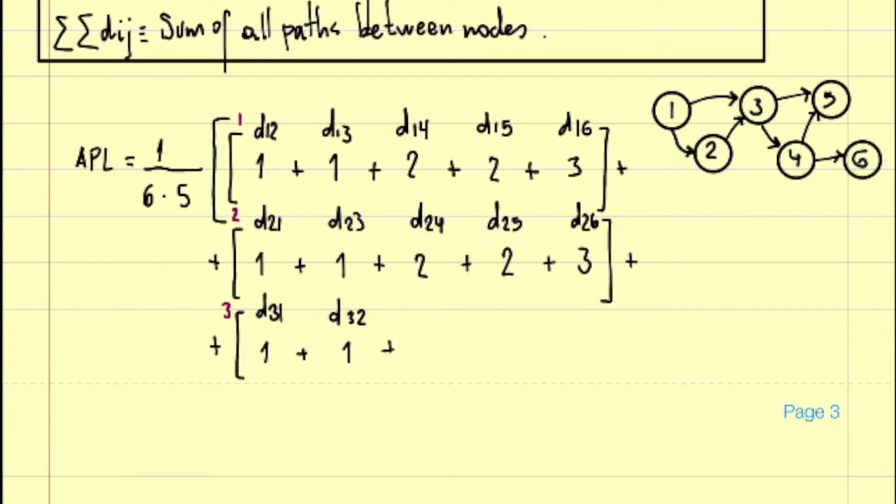Plus distance between 3 and 4 is also 1. Plus distance between 3 and 5 is also 1. Plus distance between 3 and 6 is 2. Plus, plus,